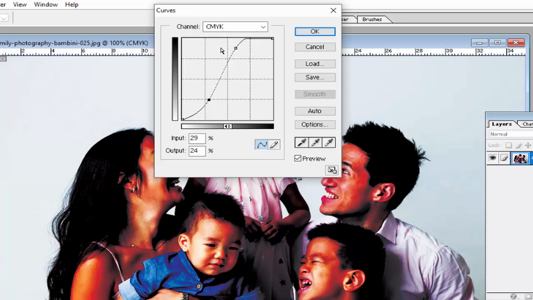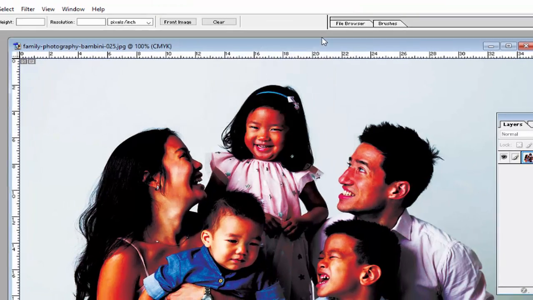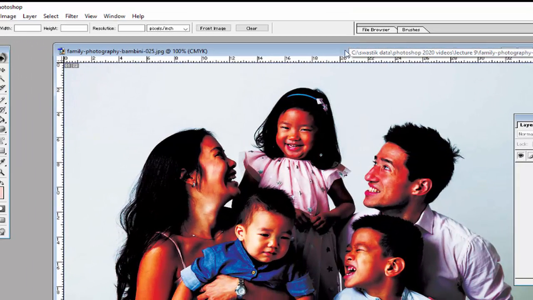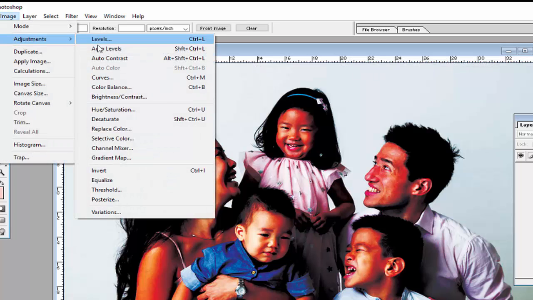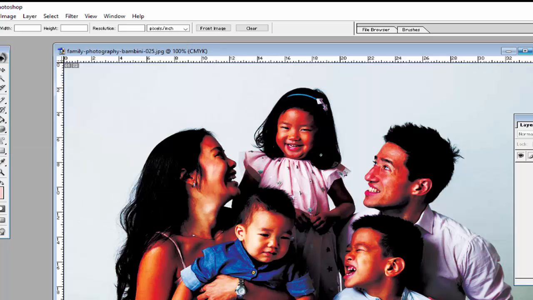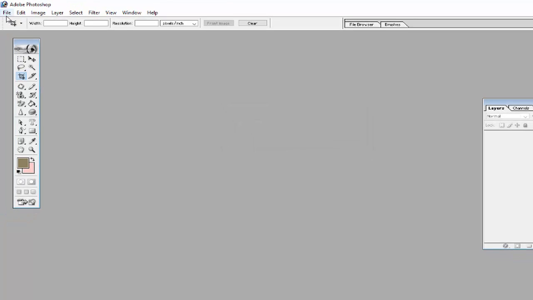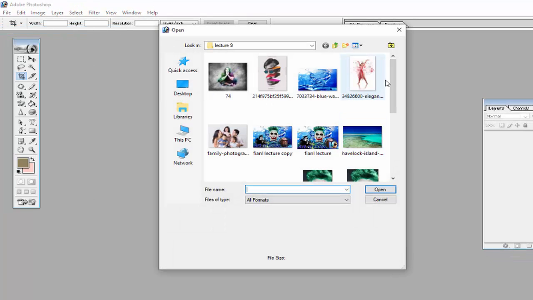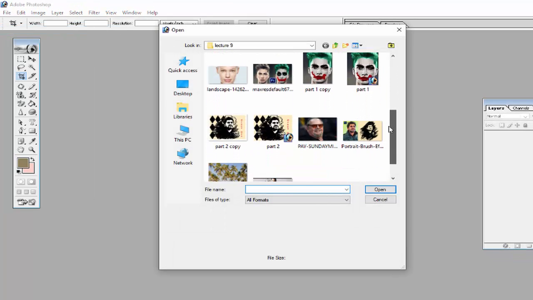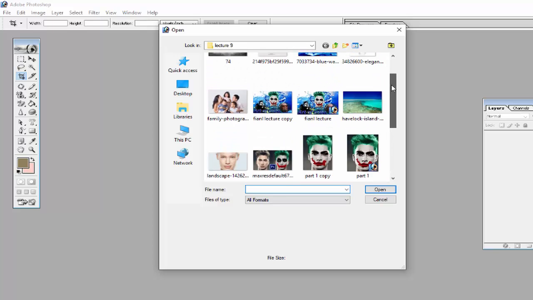You can increase the brightness of one part of your color and the blackness of another part with this Curves option. Then click OK. Your picture will look something like this, and this is a way to adjust the curves.